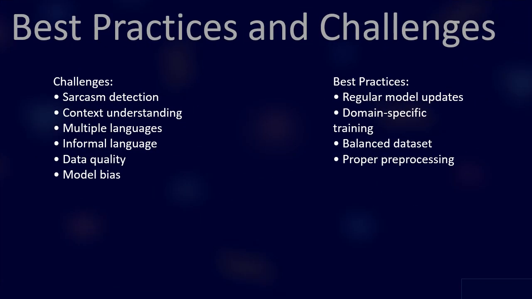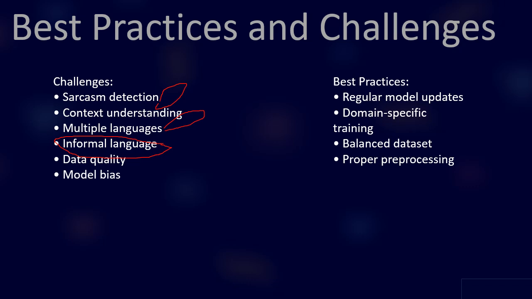Let's move on to best practices and challenges. One of the main challenges is sarcasm detection. It doesn't understand whether a person is saying something in a happy way or a rude way. So this is one of the biggest challenges faced by many tools nowadays. And multi-language: you should train the model on different languages so that it can understand and give the information. And formal and informal languages, how people are writing and in what way, should be trained very frequently.